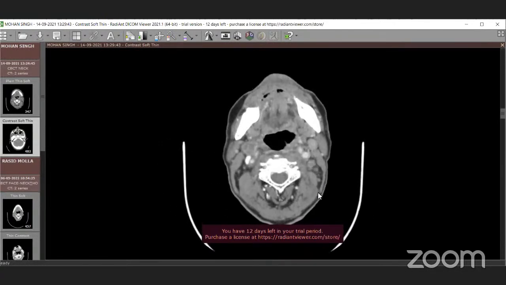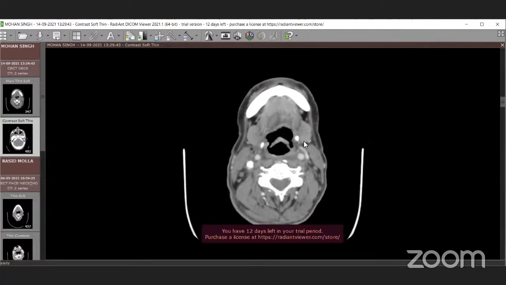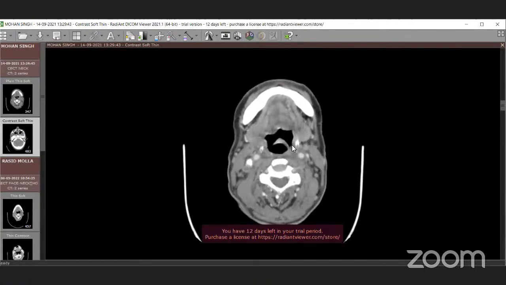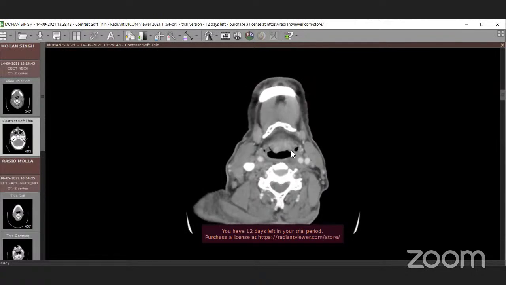This is the level of the middle constrictors. This is the arch of muscle that goes and inserts into the hyoid bone. This is the level of the middle constrictors, pardon me. And as we go below, at the level of the inferior margin of the hyoid bone and at the same level of the inferior margin of the mandible, this is the level of the inferior constrictors.